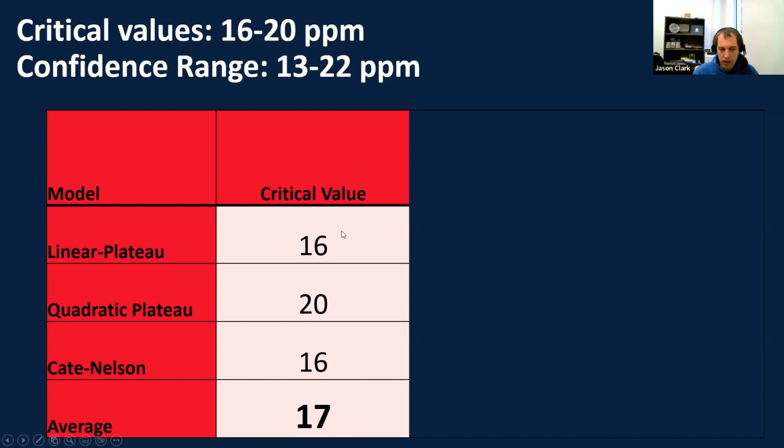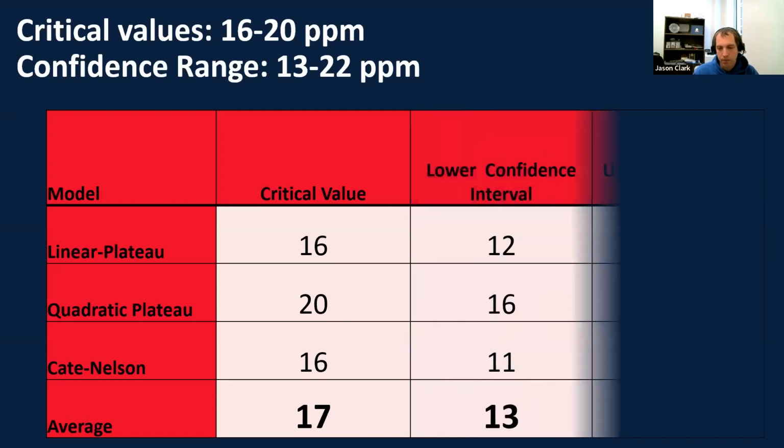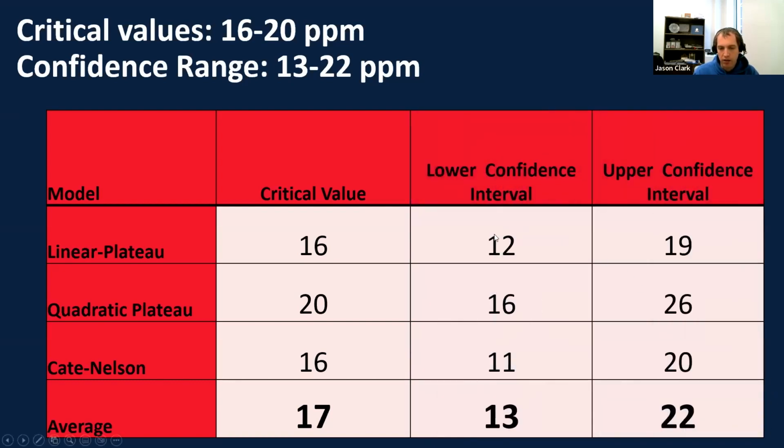If we want to see the confidence around that point, so if you were to draw multiple lines through there using these different techniques, just to see, is 16 the drop-dead number, or is there a range that we're looking at here? For linear, we're 12 and 19. Quadratic is usually a little higher, that's 16, 26. One of the disadvantages of this one is it does tend to be a little bit farther to the right, higher numbers, which is not as accurate, in my opinion. Cate-Nelson is a little bit more of the middle ground between these two, between 11 and 20.